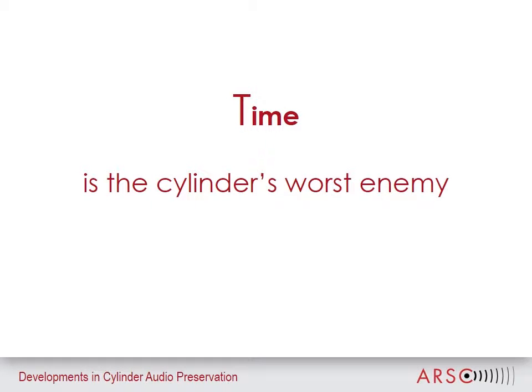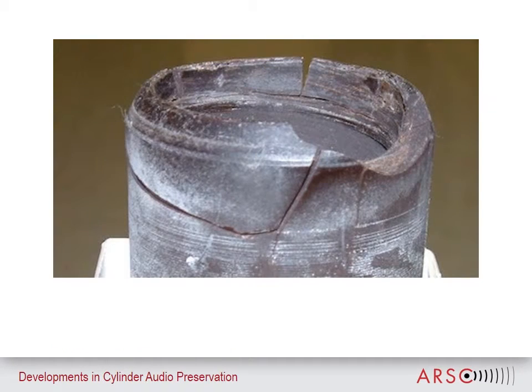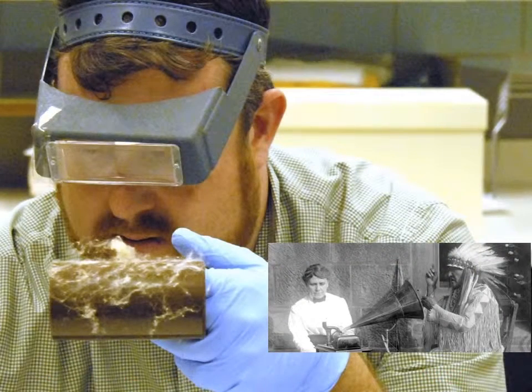Time is the cylinder's worst enemy. Cylinders deform over time, like that bumpy blue amberol we just saw. Cylinders decompose over time, initially degrading the recording and ultimately destroying the carrier. Over time, improperly stored cylinders can become compromised, like this Francis Densmore recording, to which the legacy cotton batting is